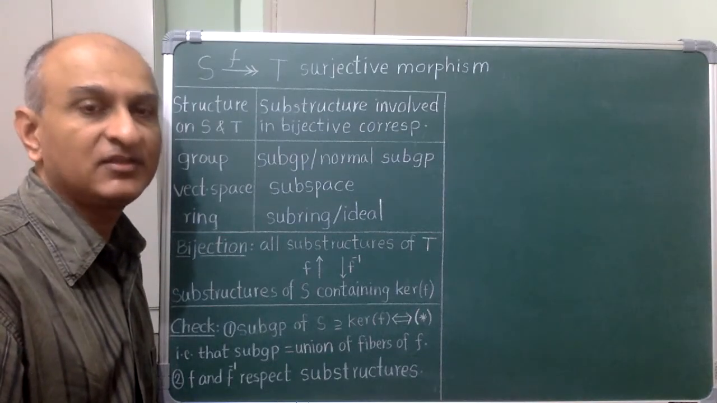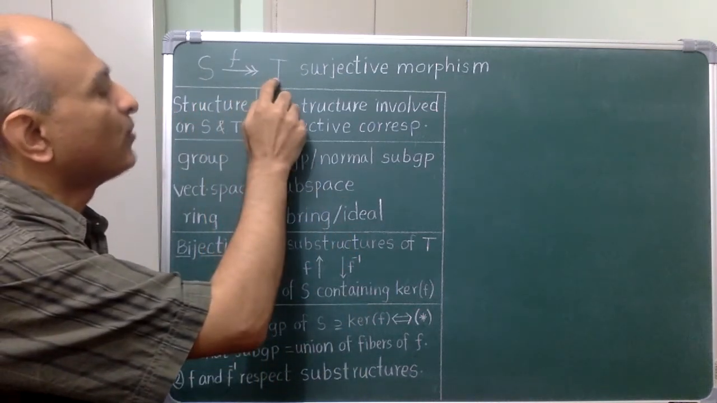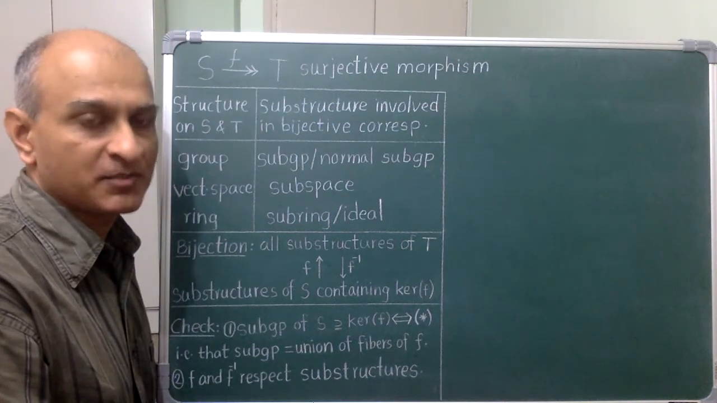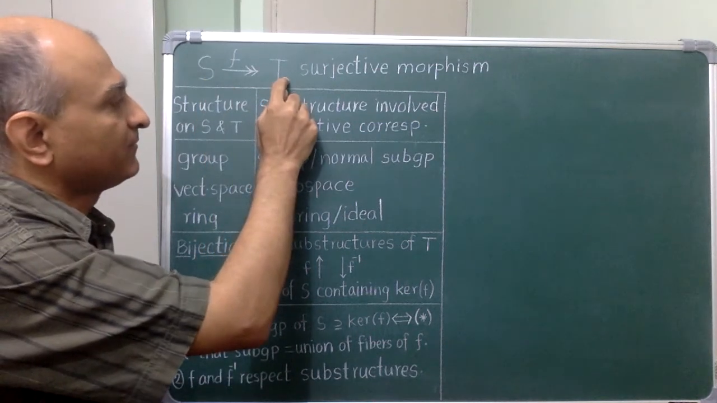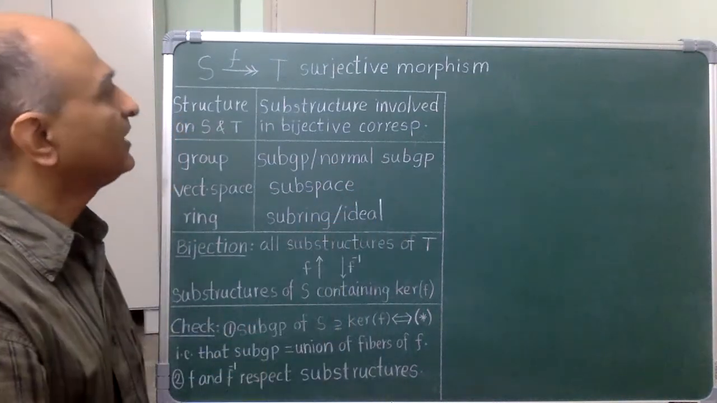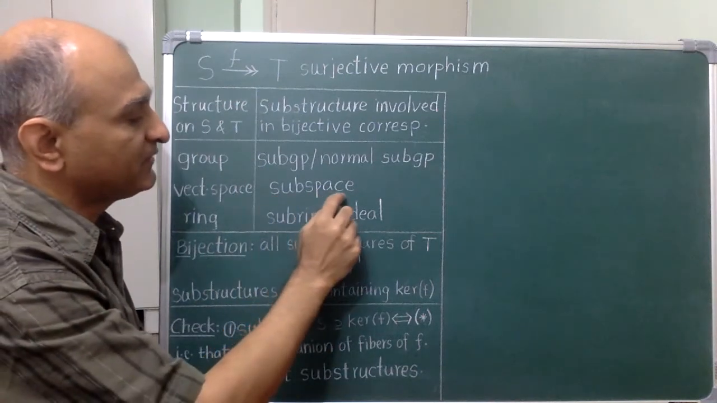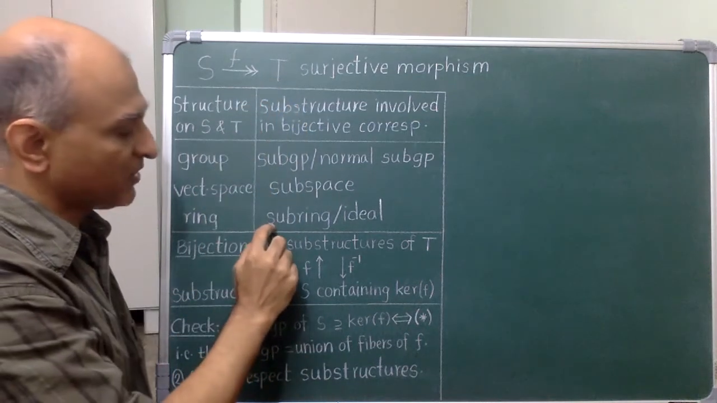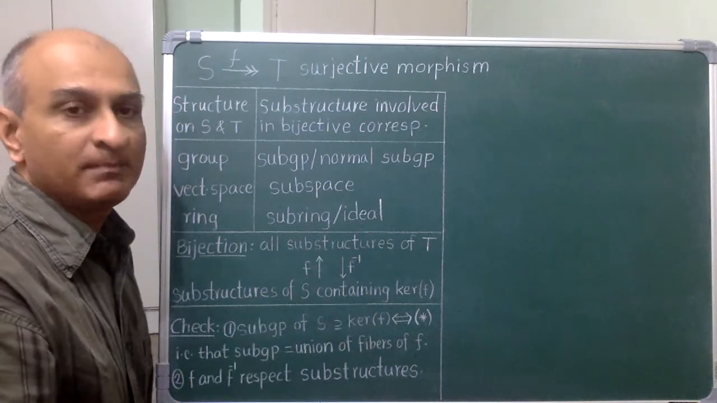Again, let's gather the fruits of our set theoretic effort. If F is a surjective homomorphism of groups, then I claim that I get a bijective correspondence between certain subgroups of S and subgroups of T, and also one between respective normal subgroups. If these are vector spaces, then I get a correspondence between subspaces. And if these are rings, then I get a similar correspondence between subrings and also one between ideals. Precisely,